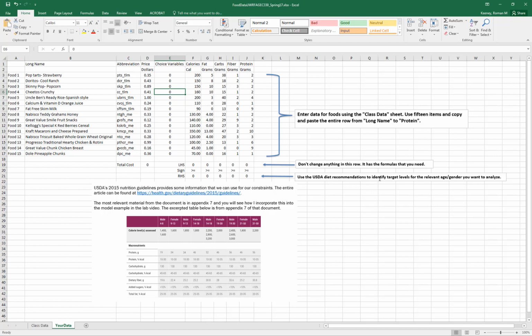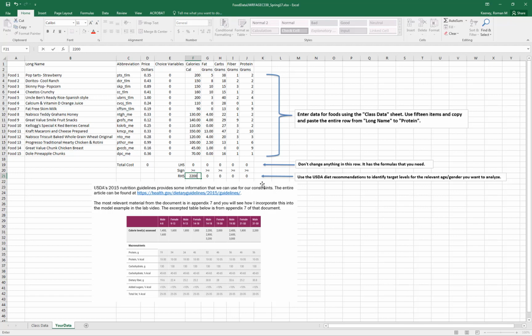But here it says use the diet recommendations to identify target levels for the relevant age and gender combination you want to analyze. When you look at the handout for this lab, it has a link to the famous 2015 USDA Healthy Government diet guidelines that we talked about a little bit. If you go to Appendix 7 of that document, you'll find a big long table that you can scroll from right to left through and find what you want. Because I am in this group, I went to male 31 to 50, and I'll use that to fill in